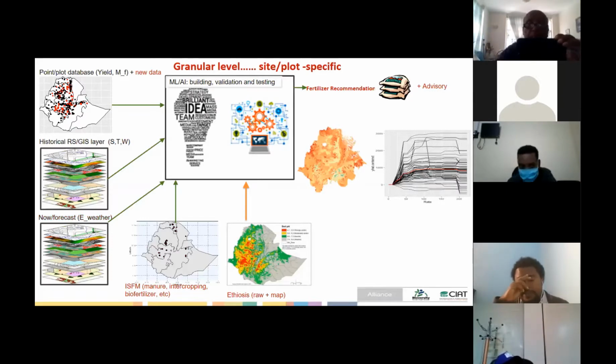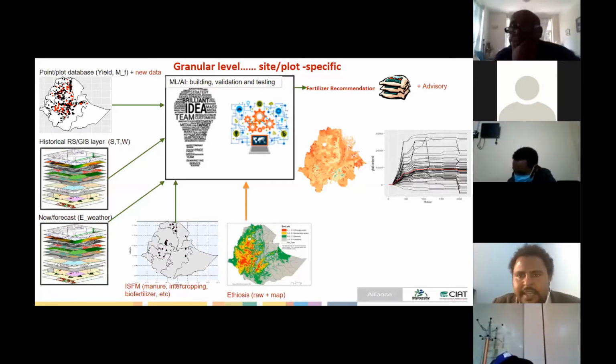If you remember yesterday, Sakar was saying that it could be very difficult to provide advisory for each plot at this stage, but that is an option. And as a recommendation, we can have site or plot specific fertilizer recommendation, and also other advisories. So we are able to produce a response curve for each location in the country.